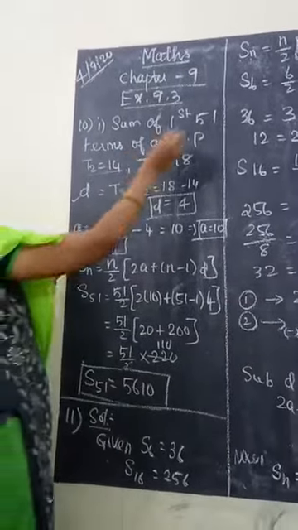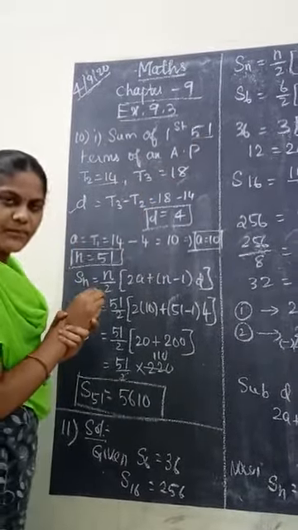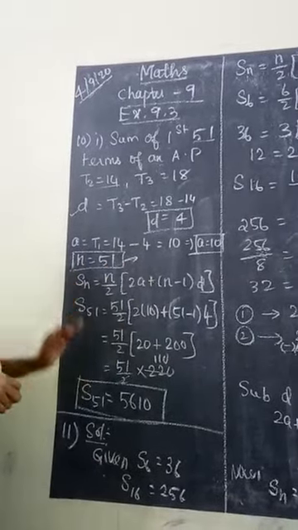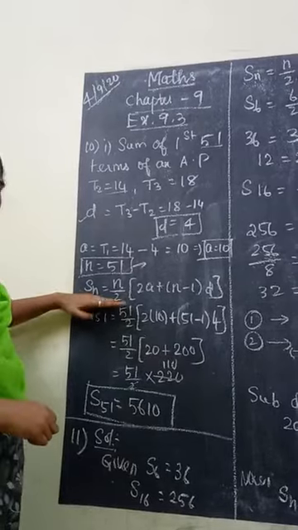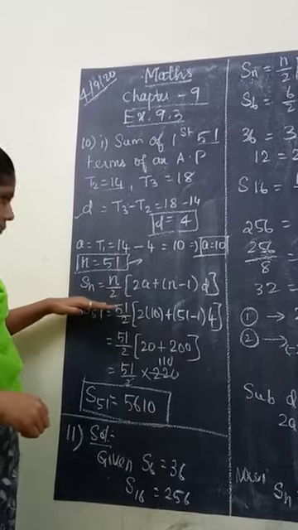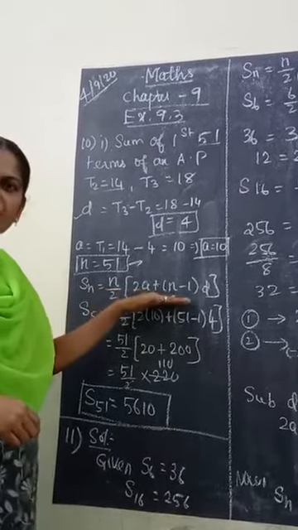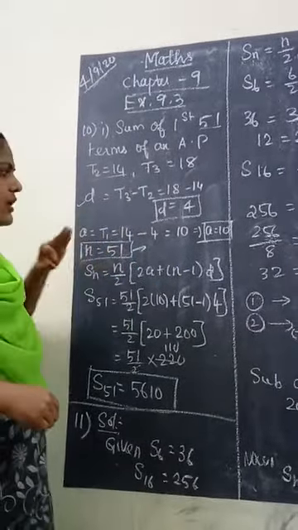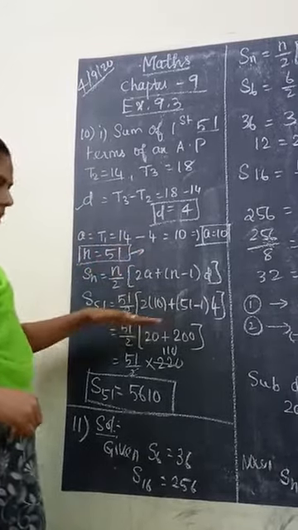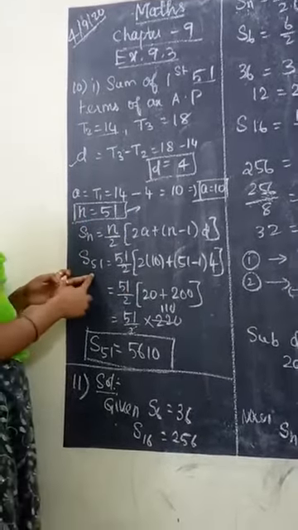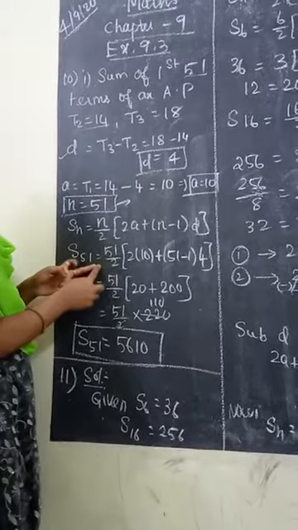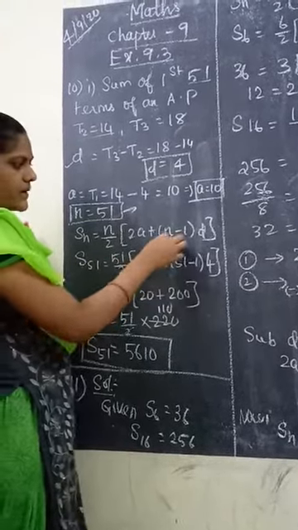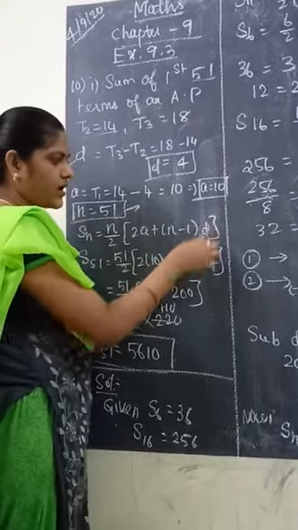So next we need to find the sum of the first 51 terms. So what is n? n is equal to 51. Now we are going to apply the formula. What is the Sn formula? Sn equal to n by 2 into 2a plus n minus 1 into d. Now we have n value, a value and d value. We are going to substitute all those values here. We need to find S51. So S51 equal to 51 by 2 into a value 10 plus n value 51 minus 1 for d value